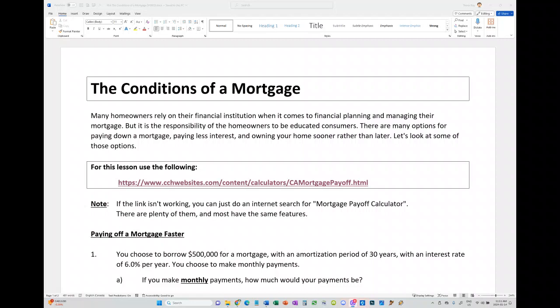In this lesson, we're going to continue our idea of mortgages by looking at conditions of a mortgage. I'd mentioned this in the last lesson, and I'll continue to mention it in all of our lessons: despite what I'm saying in this lesson, rules change over time. You're always going to want to make sure you're as informed as possible when you're making a decision like this, talking to a financial advisor, talking to your bank, possibly talking to a second bank and getting their opinions,